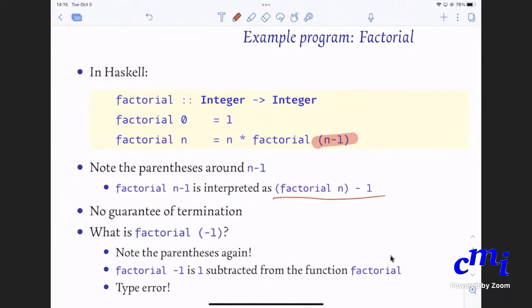So just like if you write 2 plus 5 into 3 without any parenthesis, what is the value that you all expect? 17, okay, and not 21. It is not treated as (2 plus 5) into 3. It is treated as 2 plus (5 into 3). And that phenomenon is called precedence.